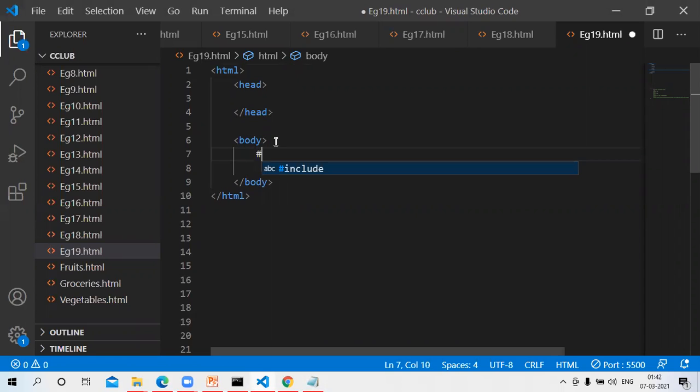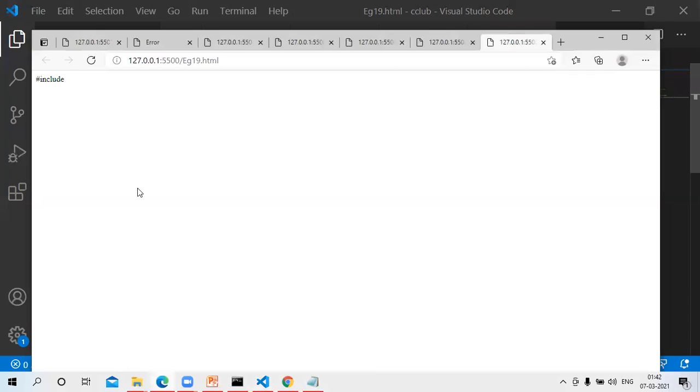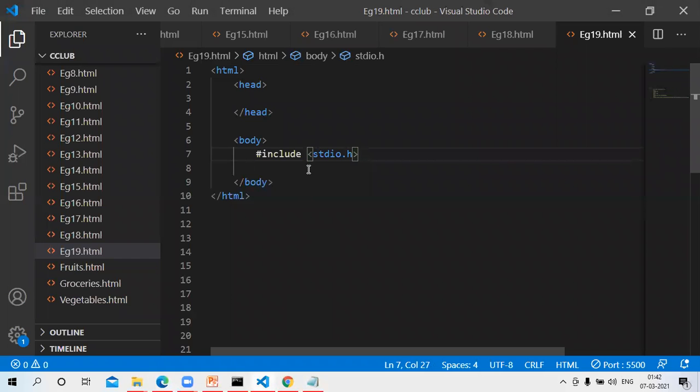So let us try out these things on the browser. Now I will type like this. Suppose I type include stdio.h. Let us see how this is rendered by the browser. Look at the browser. You are getting only hash include, and stdio you are not getting, because the browser interprets the less than and greater than signs in a different way. It may be thinking that stdio.h itself is a tag, but there is no tag like that in HTML. That is why it is not displaying anything.